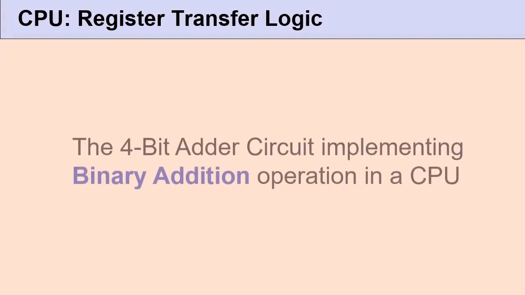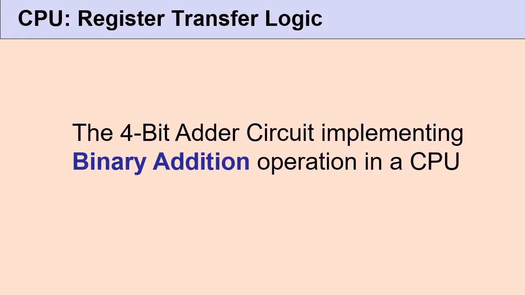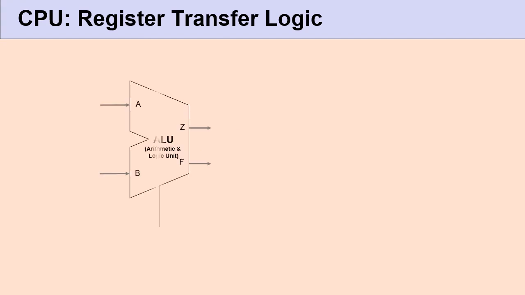Now let's see how we can use this 4-bit adder circuit inside a CPU. The adder circuit can be used to provide the binary addition operation inside the CPU. The addition operation will add two binary numbers and produce its sum as the output. Inside the CPU, our adder circuit will be part of a component called the arithmetic and logic unit, or the